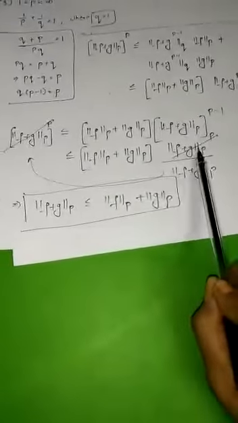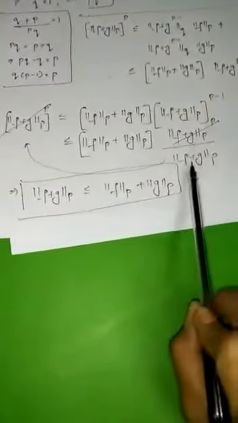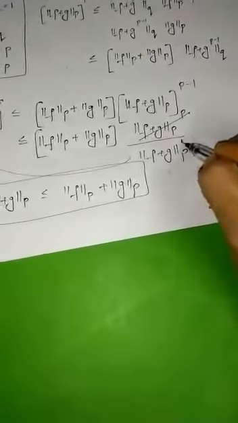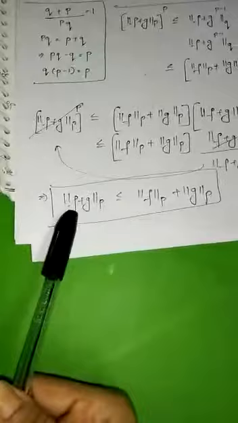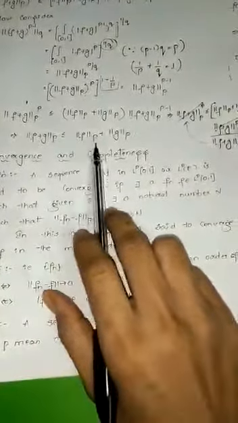Now if you carefully observe the right hand side, this part and the left hand side, this part is getting cancelled. Now this term which is in the denominator, this is whole power 1, girls. This comes to your LHS. So you get norm of f plus g, whole power 1, is less than or equal to norm f plus norm g. The same thing is written over here. Norm of f plus g is less than or equal to norm f plus norm g.